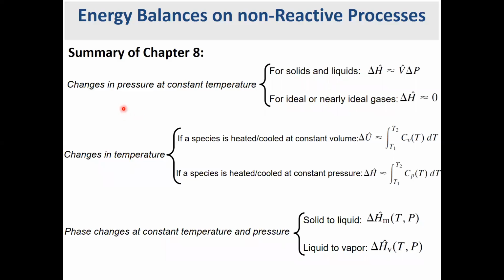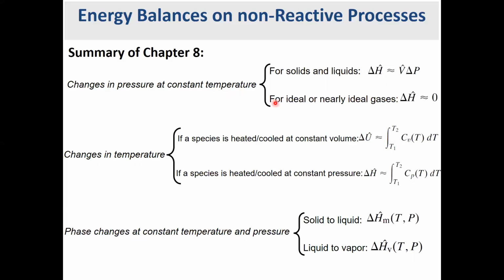To be able to calculate the enthalpy changes from the reference state to the final state in the process, I showed you how to calculate by using the changes of pressure, changes of temperature, and changes of phase transition. If you remember, I asked you to change either temperature or pressure or phase at once when you construct the path. So if there is a change of pressure at constant temperature, and for sure no change of phase,